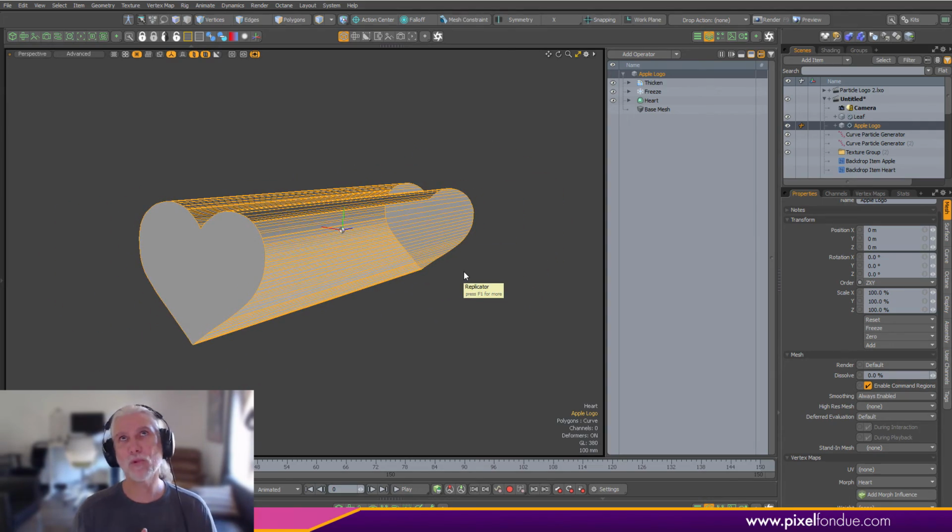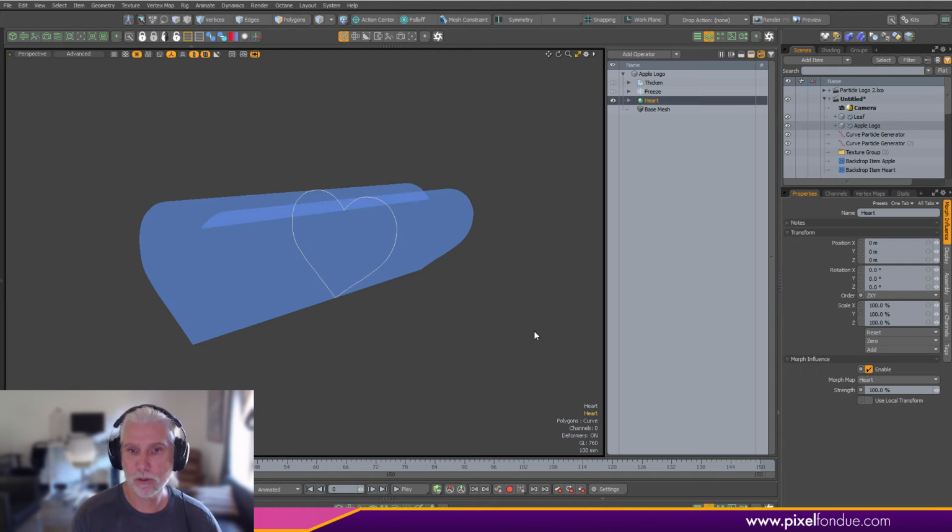When things get extruded in MODO, or a curve extrude, or a thicken, or whatever, the algorithm being used looks at the concavity and convexity of these curves or the polygons to determine which way the normals go. The apple and the heart are different, and it thinks the heart's one way and the apple's the other way. And so essentially what happens here, if I were to animate this,